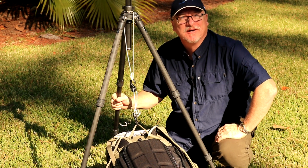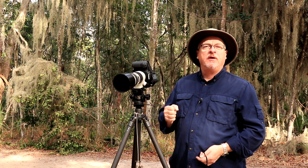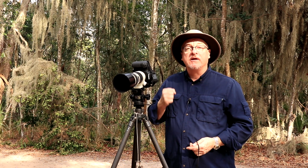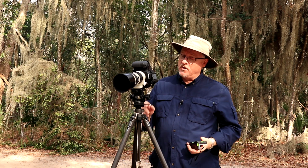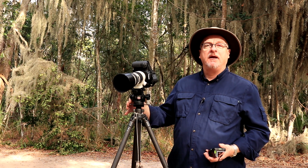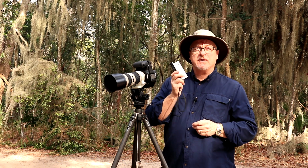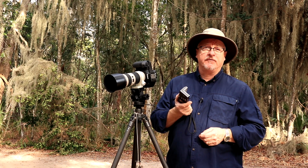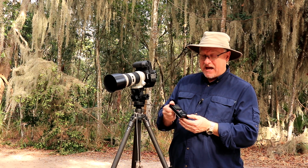All right, let's talk about the leveling process. Okay, so we have our tripod weighed down. Now, once we do our leveling, nothing will move because it's fairly secure. Now, the way I do my leveling is I put a 1/8 inch aluminum plate between the top of my tripod and my tripod head. And on that plate goes my digital level. This is a post level, but it's more of a precision post level for engineers. It's digital. This is the DigiPas